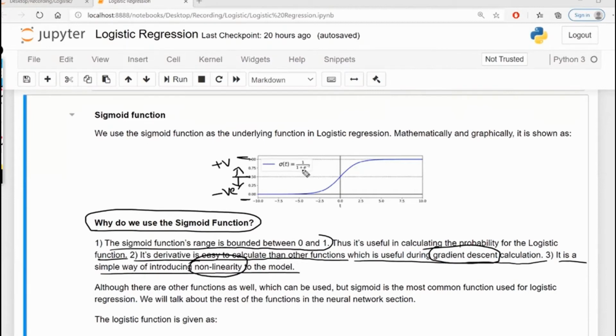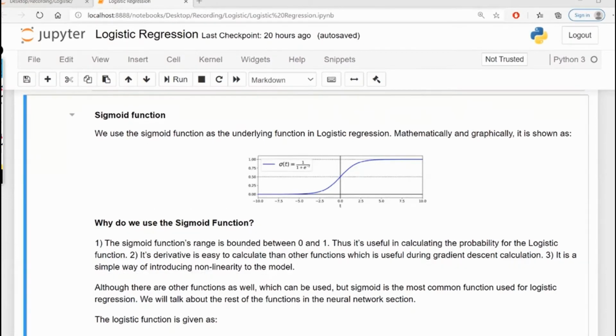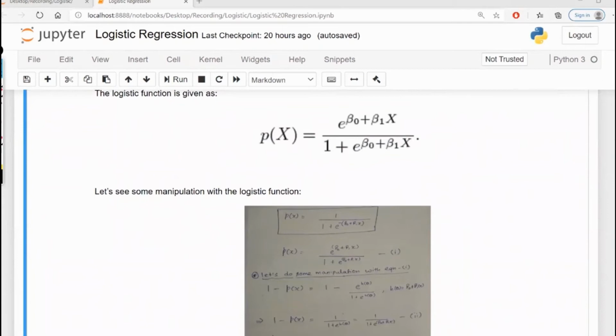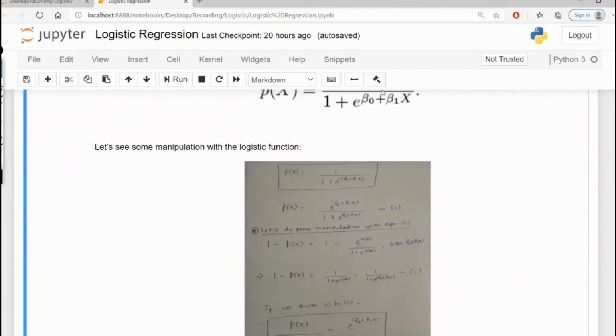So let's see some points here. Let me delete this. And yeah, I can write a logistic function as below here: e raised to the power mx plus c, divided by 1 plus e raised to the power mx plus c, right? So now if you further look into the formula, I will be able to write that function as 1 divided by 1 plus e raised to the power minus (mx plus c), right? So now I can also write that function something like this. I'm going to call it 1,